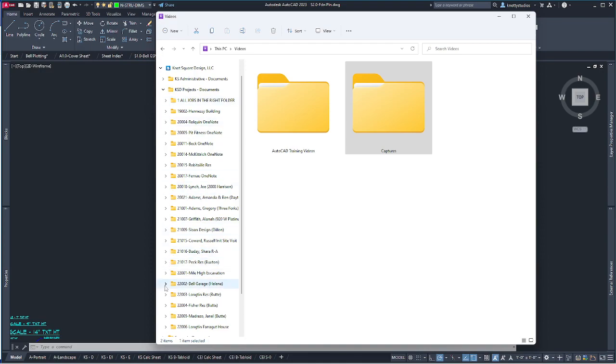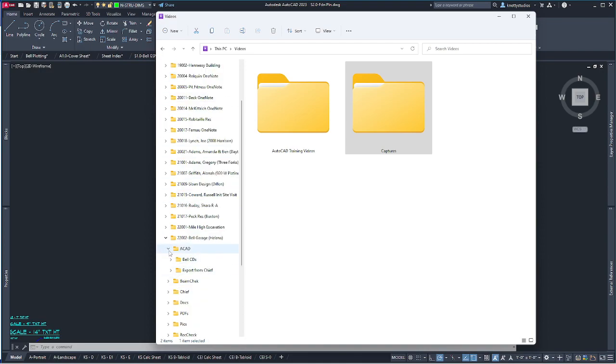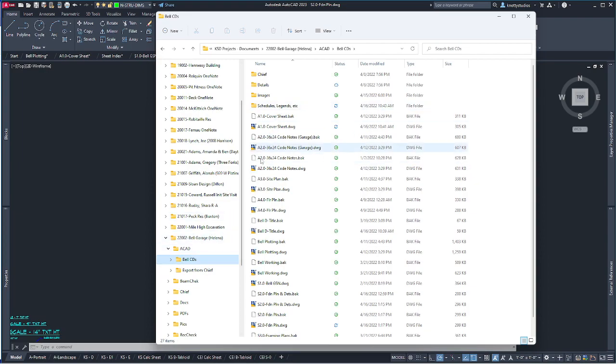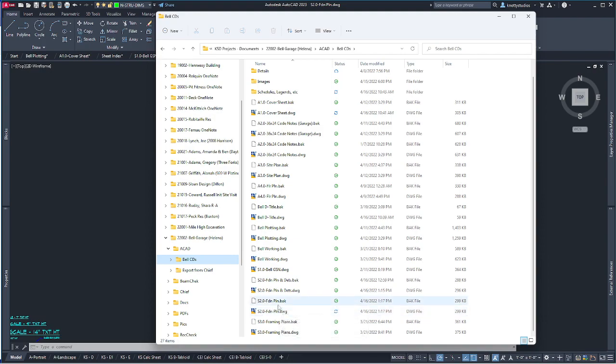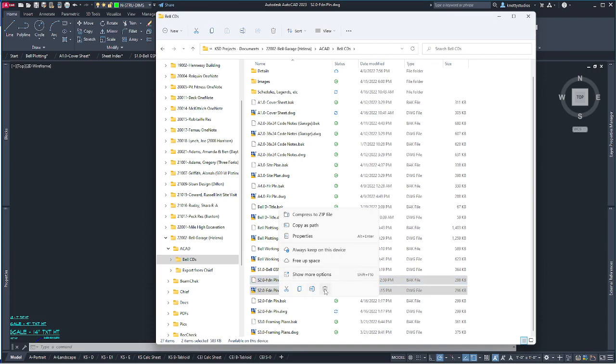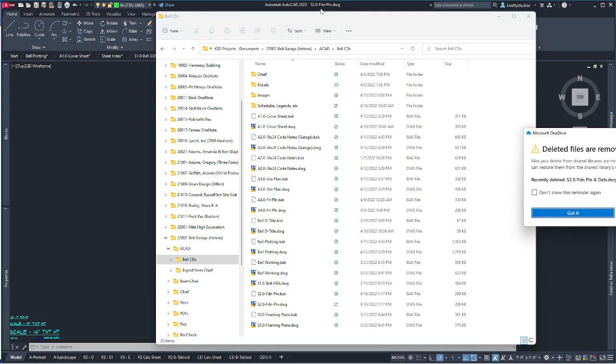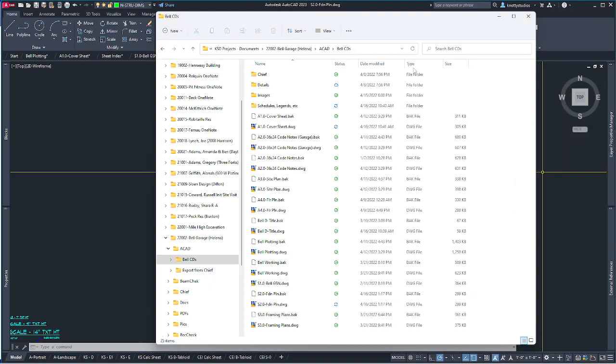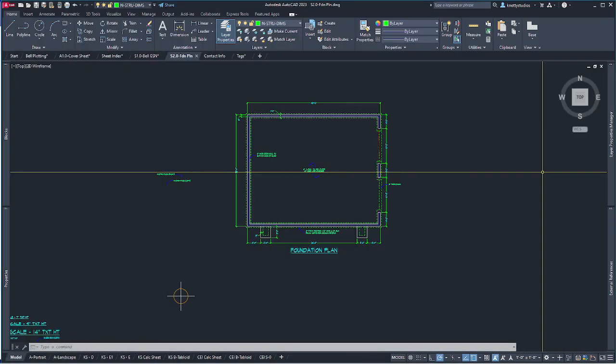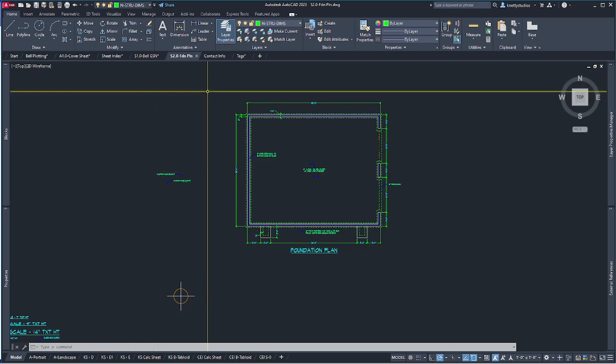I'm going to go to this particular project, go to my AutoCAD file, then CDs, and I did a save as. So I now have Foundation Plan, which is the one we want to keep, and this one called Foundation and Deets is junk. So I'm just going to toss it, clean things up a little bit, and that's that. Office loves to tell me that I'm throwing away stuff. So now